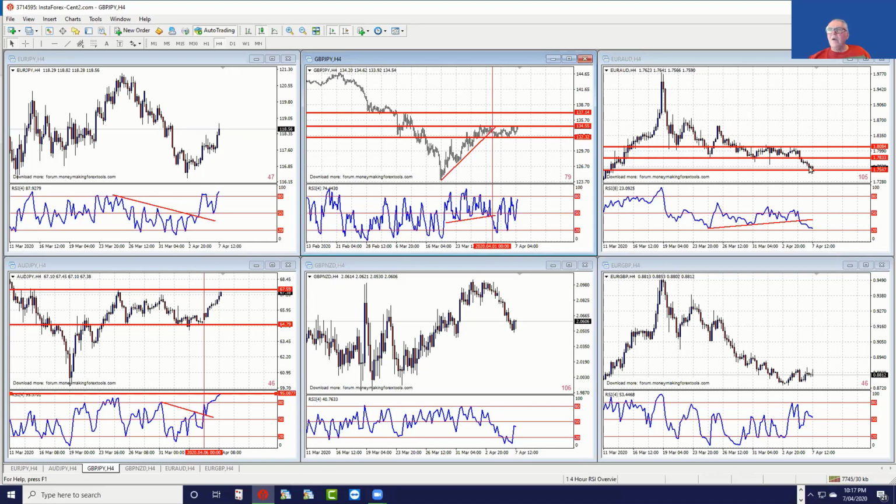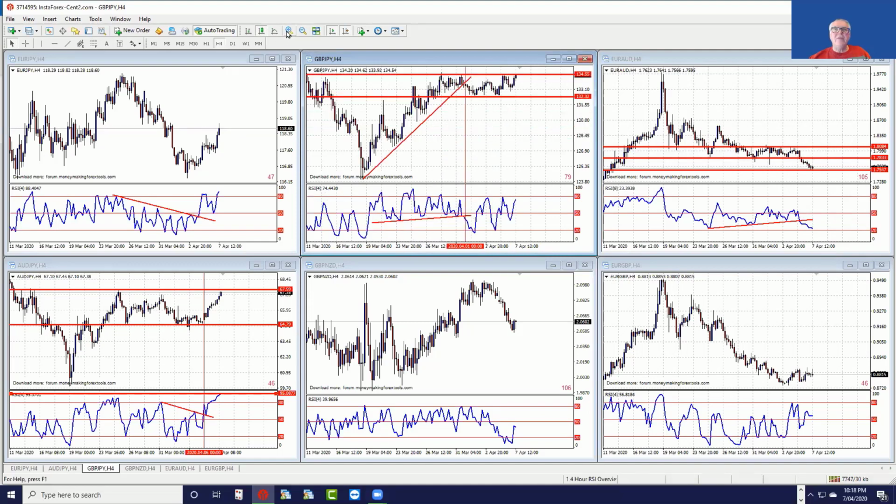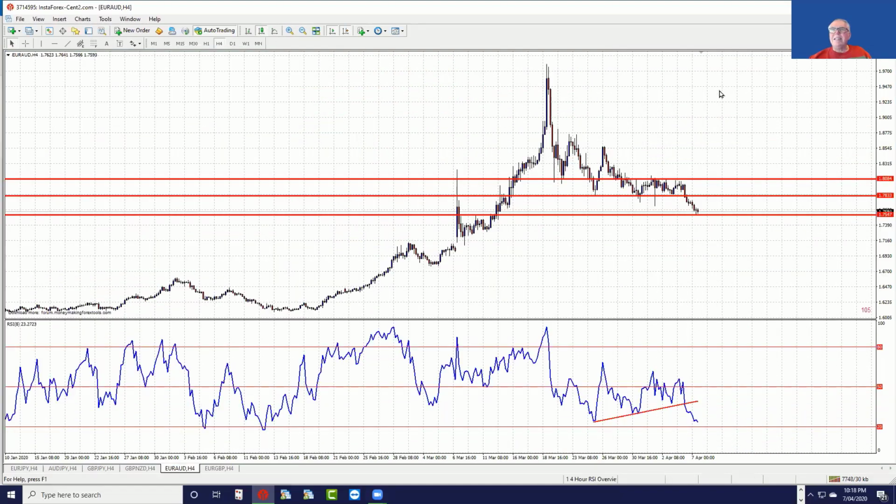All right, the Euro Oz. Again, the Euro Oz is one of those that is very deceiving in terms of the distance that it travels. There was a nice breakout over there and a nice move down, and it's come to another support level. But that move there was 250 pips.